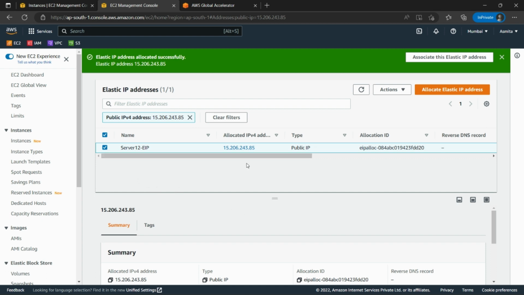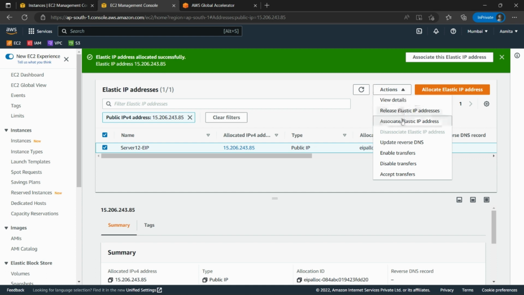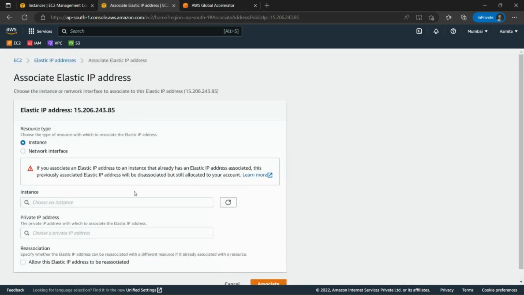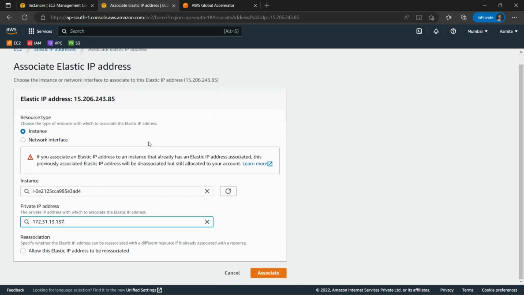and we have to select this and click on actions. Now click on associate elastic IP address. Now choose the instance that we have created. This is our server 12 and private IP. Sorry, this is the private IP address of this server. Here is our public IP address, and you can also select this, allow this elastic IP address to be reassociated,